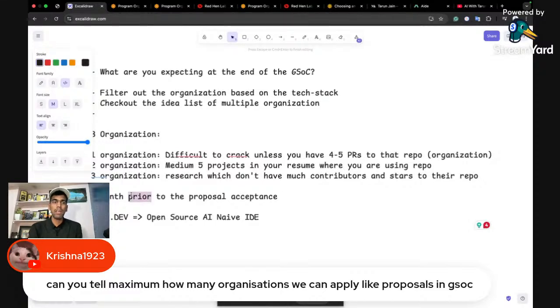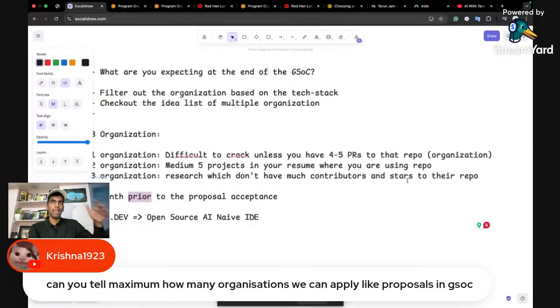So do the cold email. Just make sure when you're doing the cold email, don't ask anything from them. First tell, hey, I'm working on this. Can you tell me how can I improvise in this? That's it. If you tell, hey, I want to contribute to Google Summer of Code 2025, can you give me tips? If you write the cold email in such a way, then probably no one will reply.